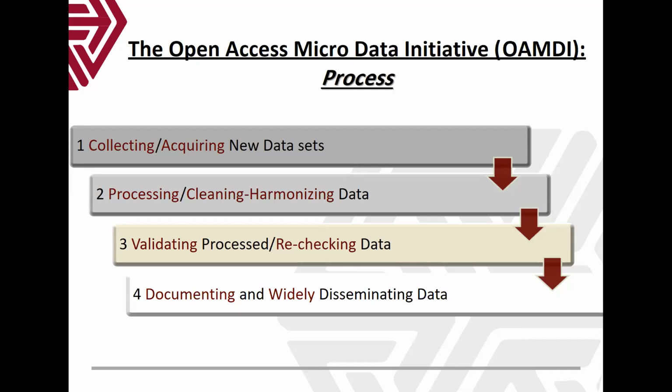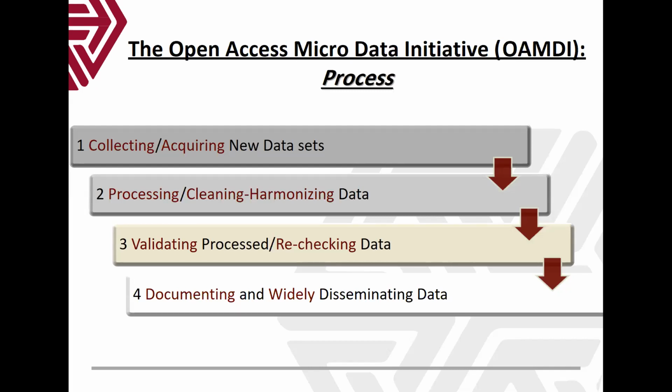Cleaning, because as you have experienced with some of the data sets, you may see some inconsistency between the variables. So we check this inconsistency and we clean them. For instance, if there's skipping that should have been there, but it's not there, or if it shouldn't have been there, but it's there, and so on. So the next step should be cleaning and harmonizing the data, and I'm going to discuss the meaning of harmonizing in a little bit.